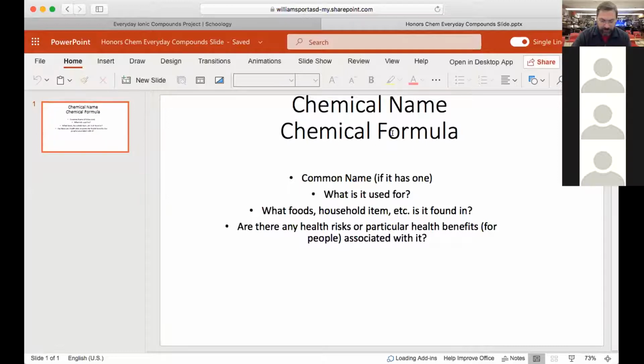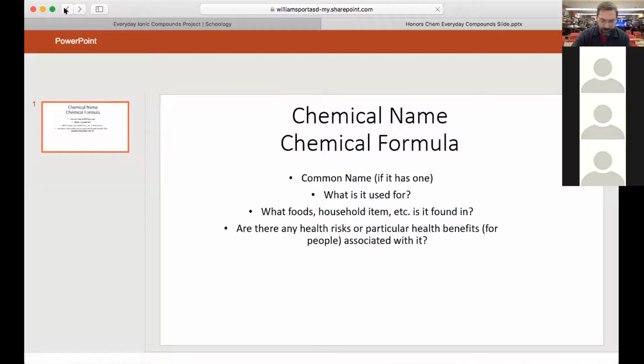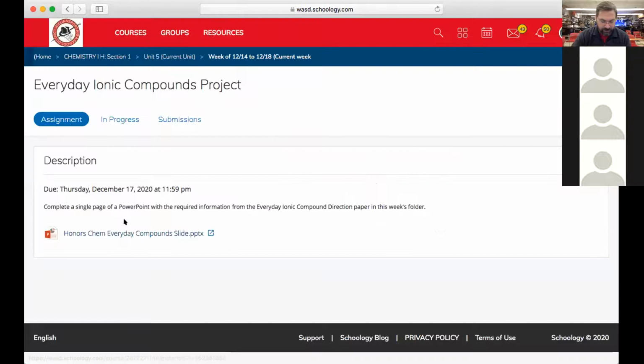But once you complete the individual slide, then you just hit submit and it'll be done. And then I'll collect them all and put them into one, and then you'll be able to look through and see everybody else's, and then learn about the common uses for all those different ionic compounds. Okay, so